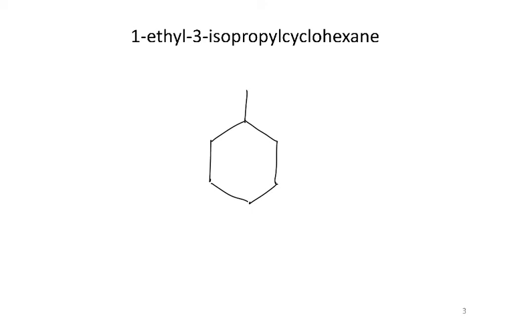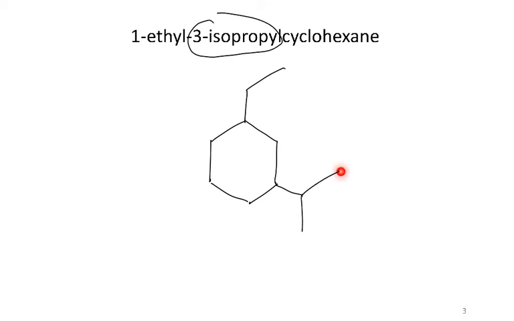So I need 2 carbons. So there's my ethyl group. And then my isopropyl group will go on the 3rd carbon. And so I've got to know the difference between isopropyl and propyl. So propyl is just 3 carbons coming straight off. The isopropyl is where the middle carbon in the propyl group is attached to the cyclohexane. So I'll have this guy coming out, and then for isopropyl,